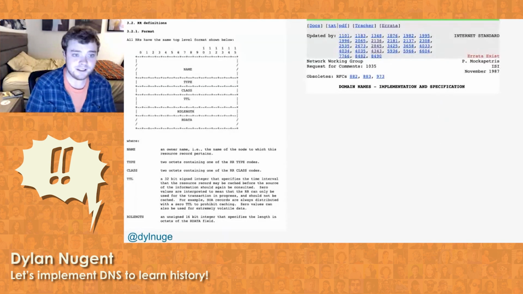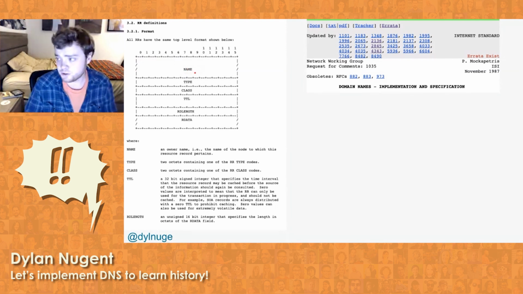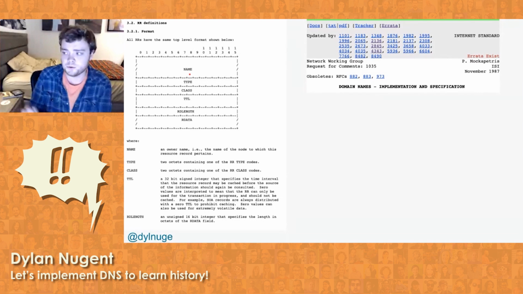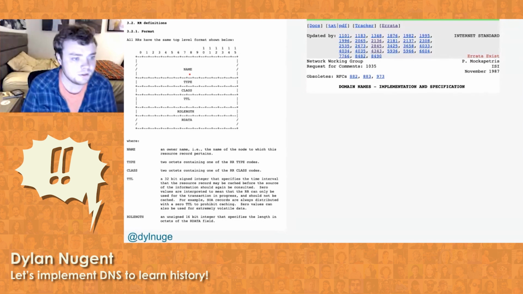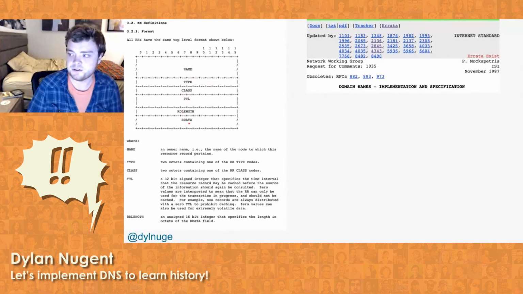This led me to discover a ton of really cool and fascinating things. For instance, those answers that we saw earlier, this is the packet format for them. We've got a name like google.com, which is a series of labels: google, com, and then the root label, which is just a label of length 0. Then we've got a bunch of other information here. We've got the actual data, which in this case would be the IP address.